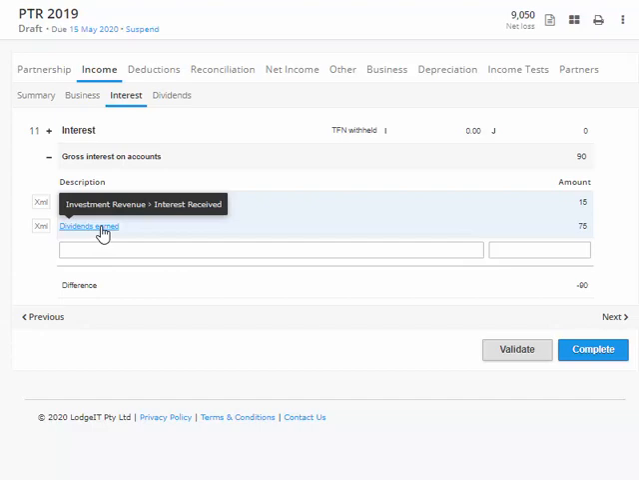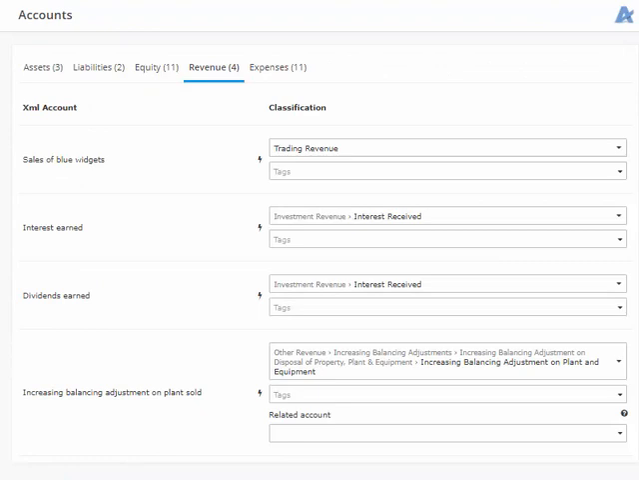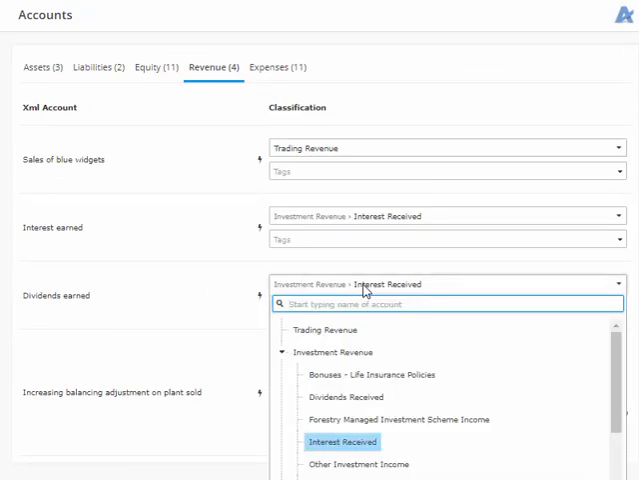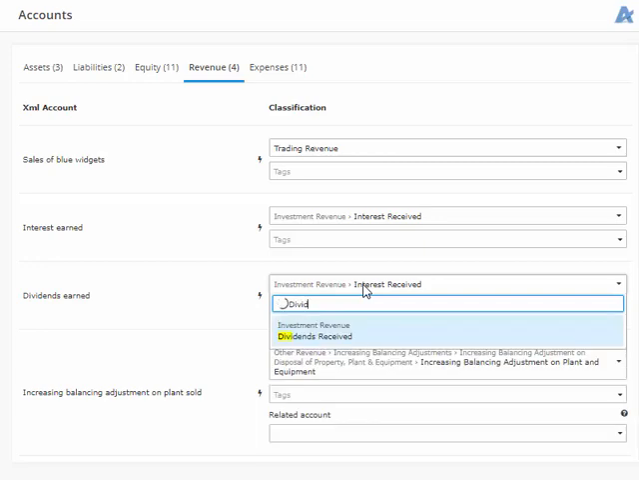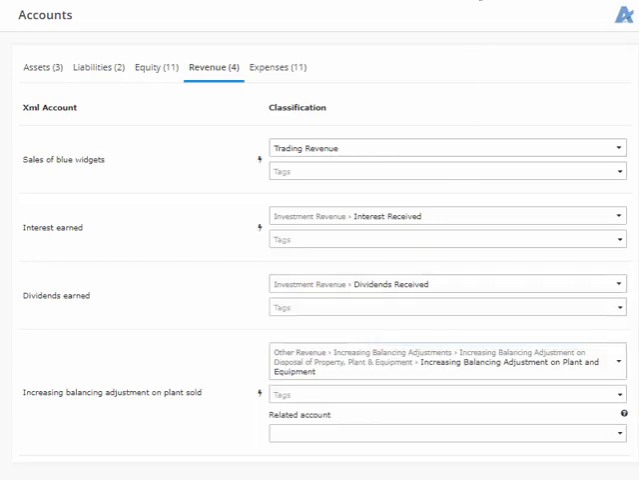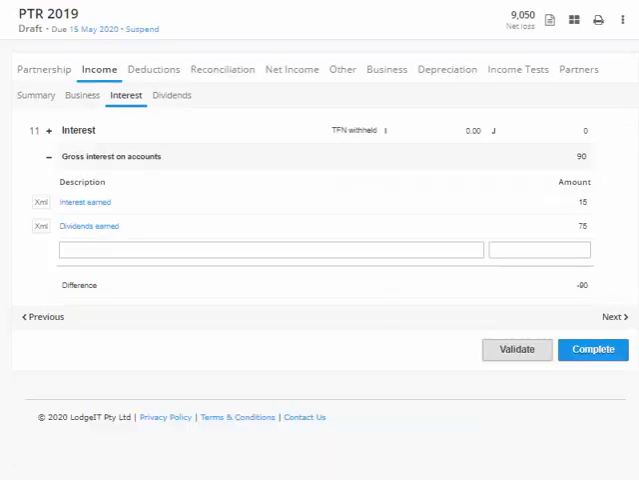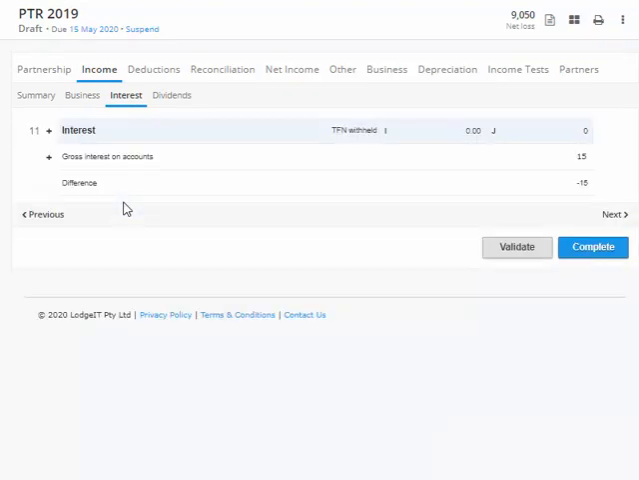So I'll fix those. I'll open that in a new tab. I'll jump across to the new tab. Dividends went to interest, so I need to fix the dividends. Go back to the form, so back in the form, right click on the screen, reload. So I've pressed the reload, and now you can see we've got